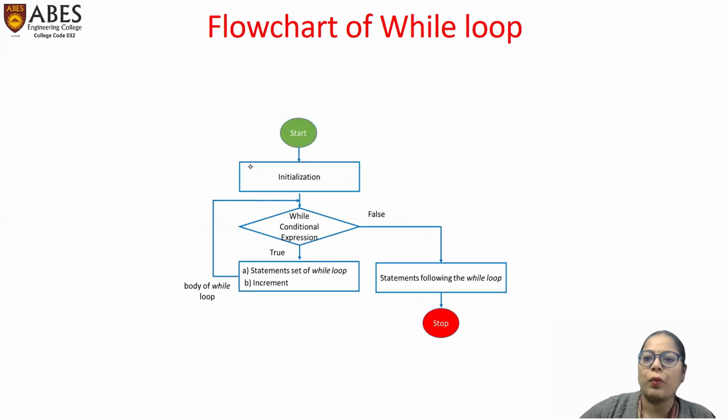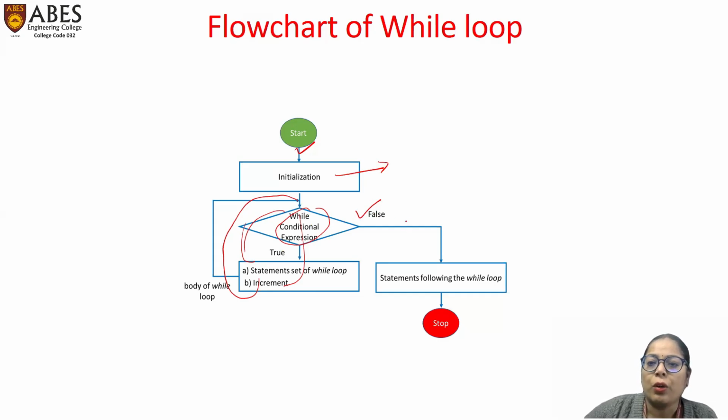Now we will understand the while loop in a better way with the help of a flowchart. At first we start, after that we initialize some variable, and then we check for the condition. If the condition is true, the statement is executed and the value is incremented. This keeps on going until the condition is true. Once it encounters the false condition, the statements after the while loop will be executed